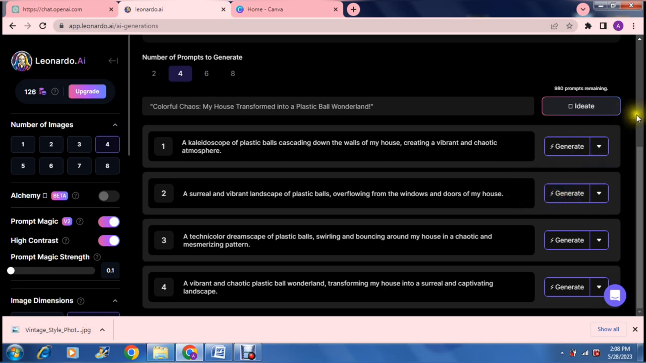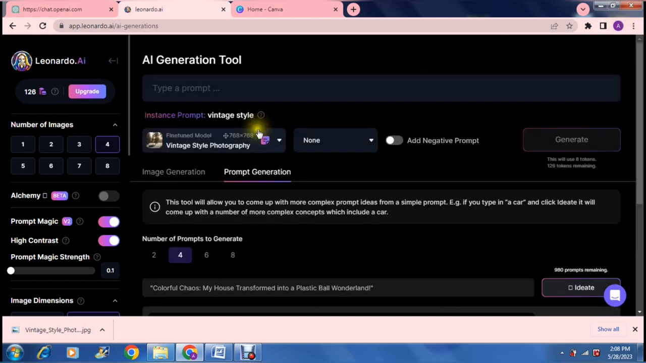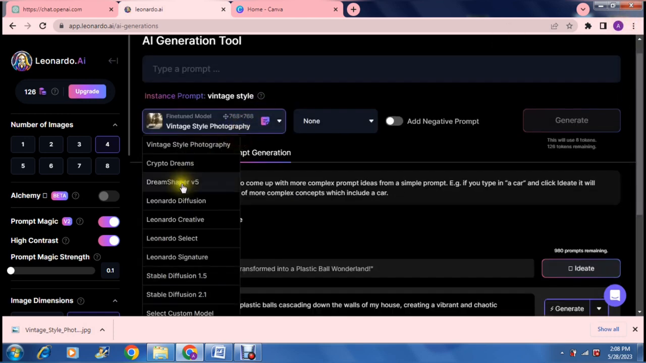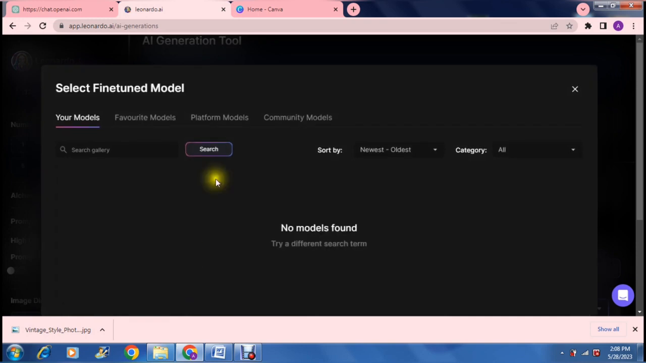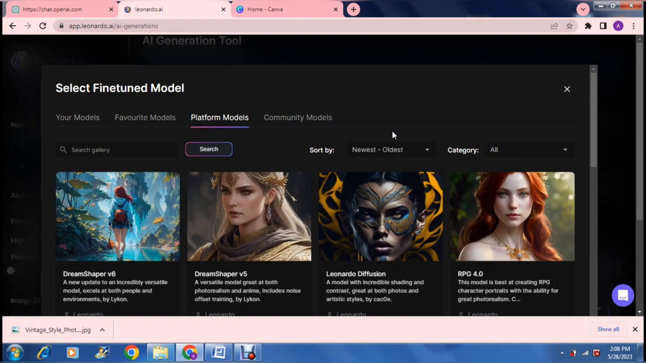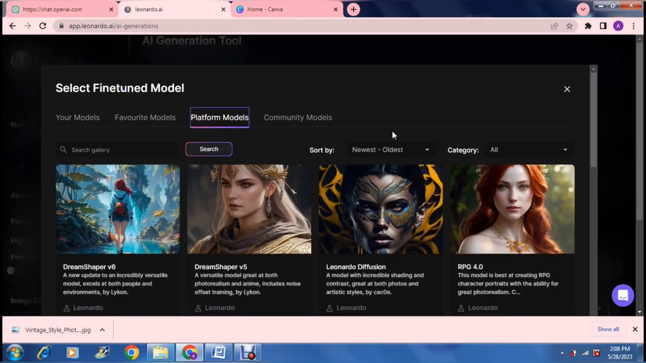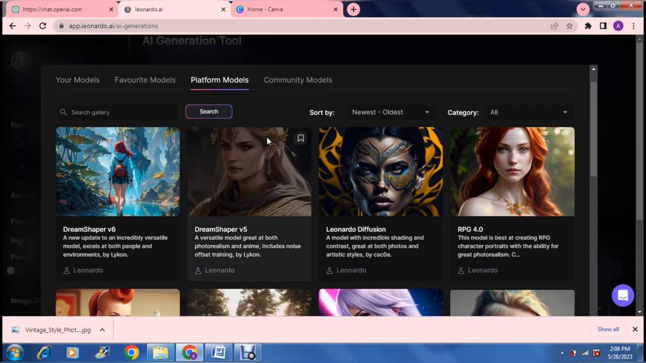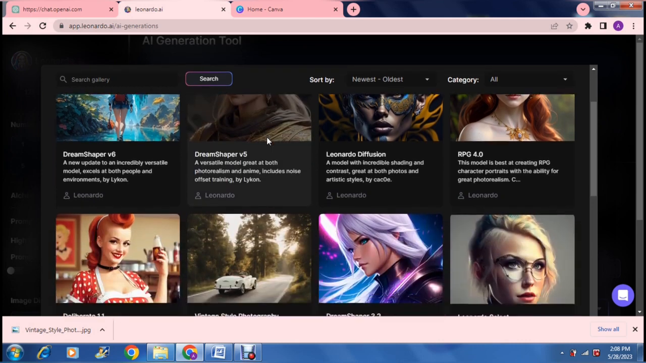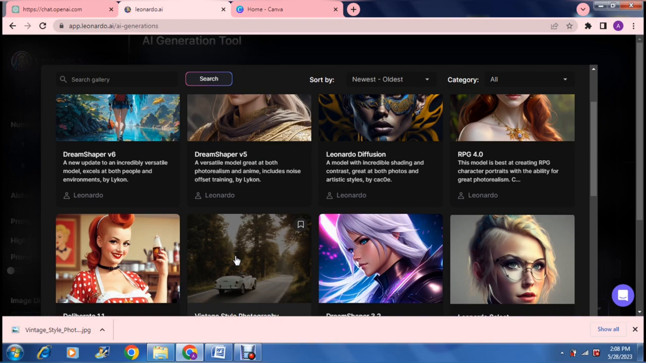Now before we just tap generate, what we're going to do here on the top of this page is choose a model. Now it depends on exactly what it is that you'd like, but there are a large group of models. So you can say select custom model, and we can go all the way to the platform models. Now once you're there, there are a few different models that you can use, and once you've selected the model that you actually want, I'm going to choose this vintage style photography,